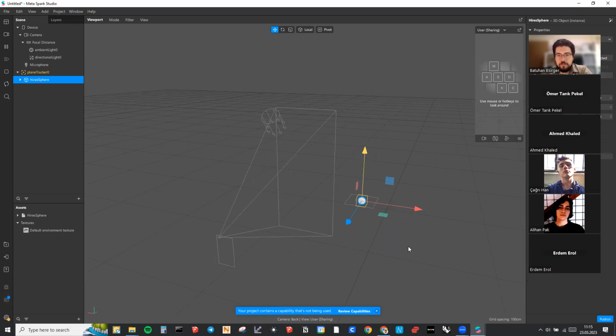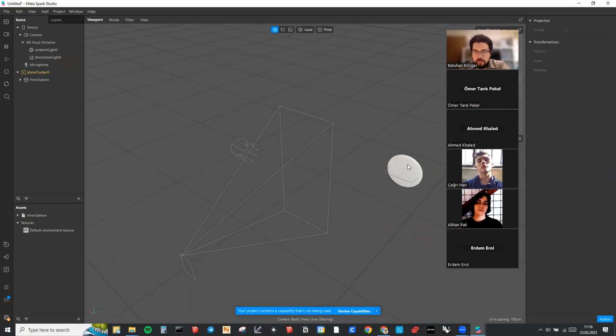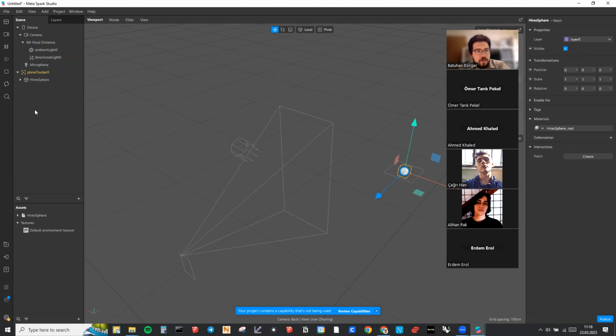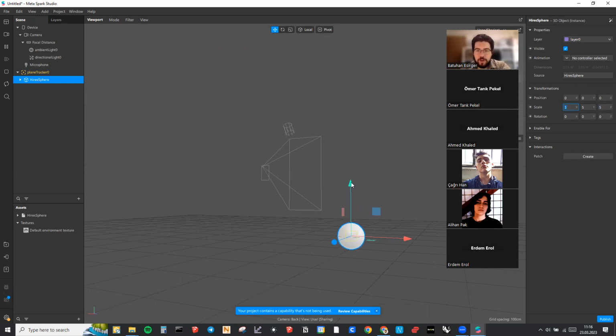So, oops, let me Control Z that. I have my sphere here, and I'm going to be scaling it out a bit so I can work with it. Oops, I forgot one of the dimensions, I guess. Guys, always select your objects from the scene menu here, so you select the correct thing. Okay, so I do have my sphere,